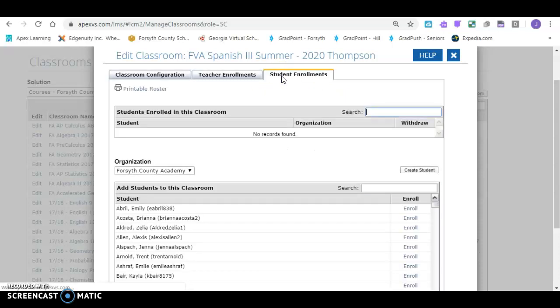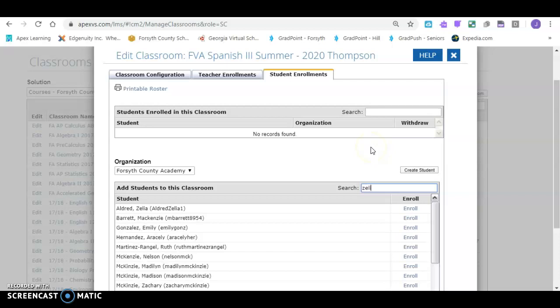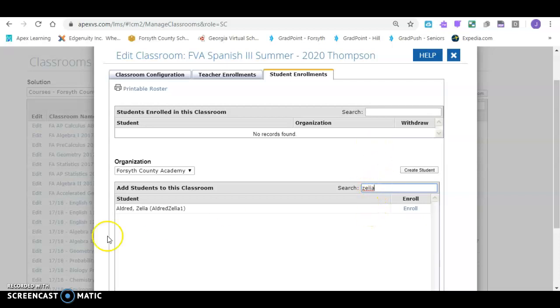Now you can't do this yet because you don't have any students, but once we have all the students in, they'll be down here in this area. So I'm just going to show you how to enroll a student, because I'll put all the students in Apex, and then all you guys have to do is enroll them in your course. So you'll go to student enrollments, you'll type the student's last name or first name. This is nice because it'll go either direction. And let's just say I wanted to enter that student. So I type her name in, there she is, I would hit enroll. And once I've enrolled this student,